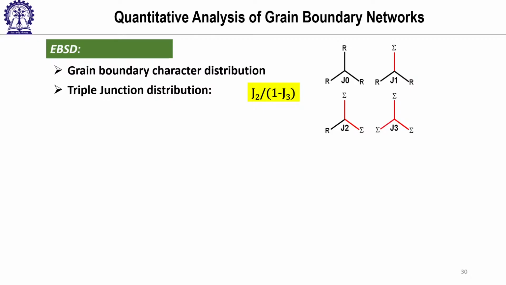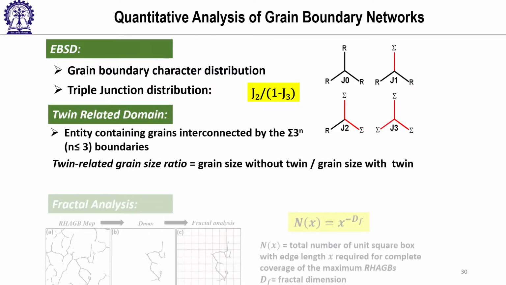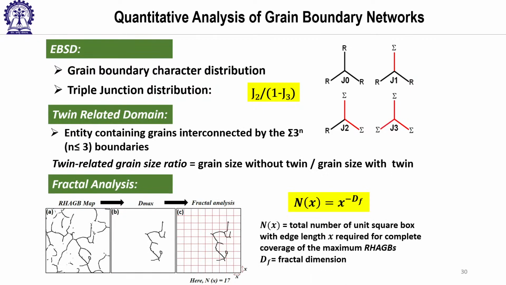So how to quantitatively analyze the grain boundary network is another important area one should know, because finally, if you have a GB microstructure, how do you know that you have realized a GB microstructure? Visually it may appear that I have a lot of CSL boundaries, a lot of sigma 3 boundaries, but how well distributed they are in the microstructure matters, because the distribution of sigma 3 boundaries and sigma 9 boundaries is also very important, right. So then one can look at different parameters like the triple junction criteria, where